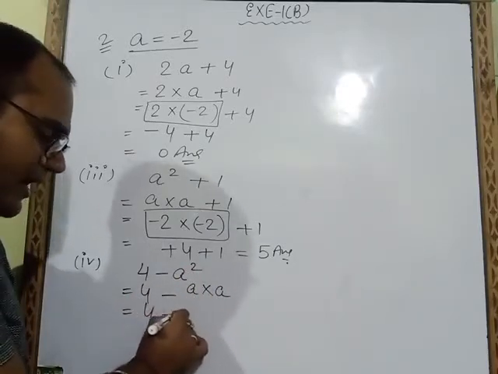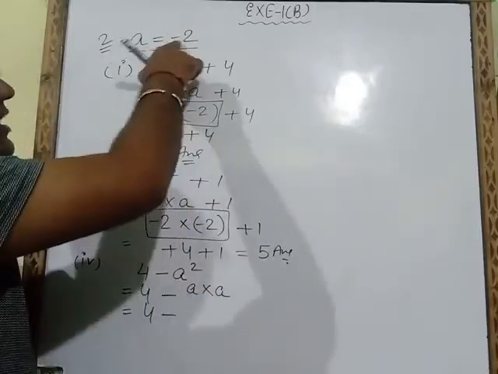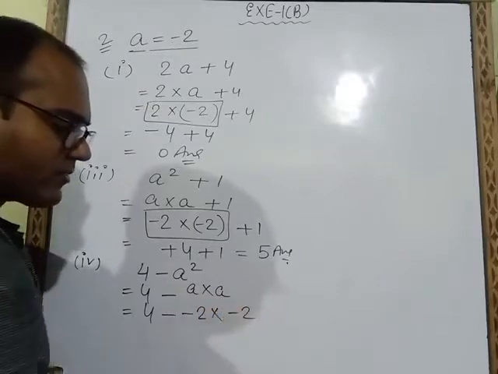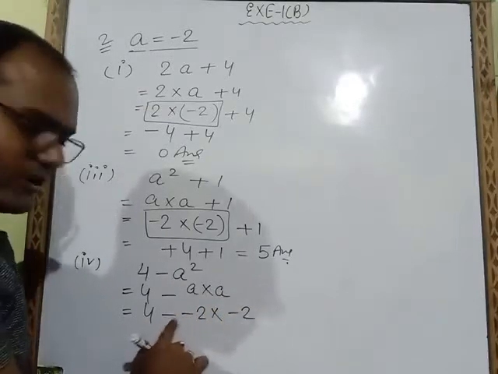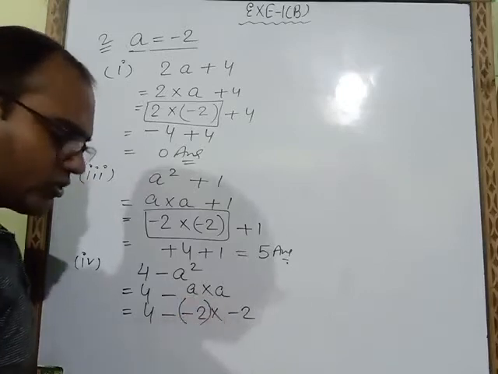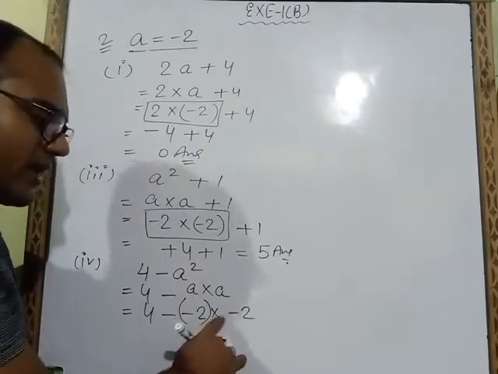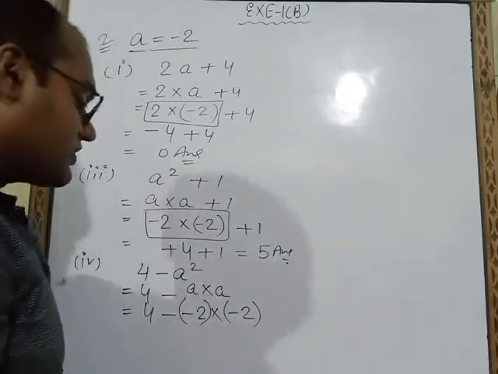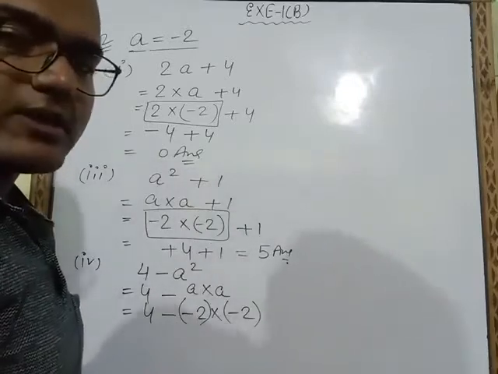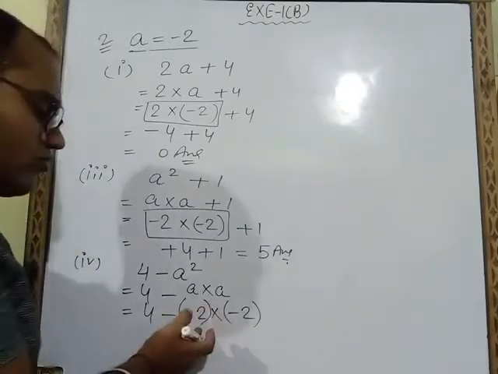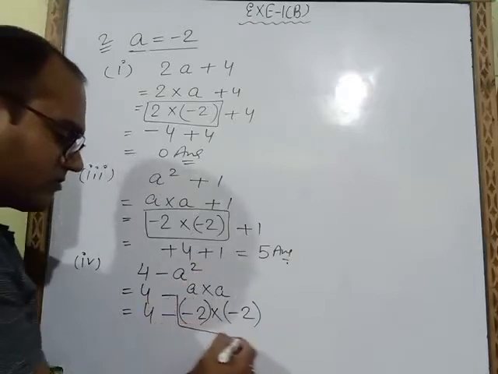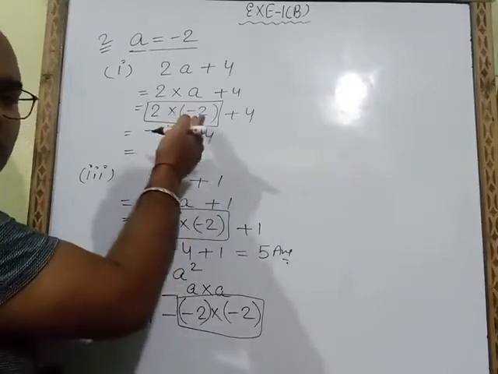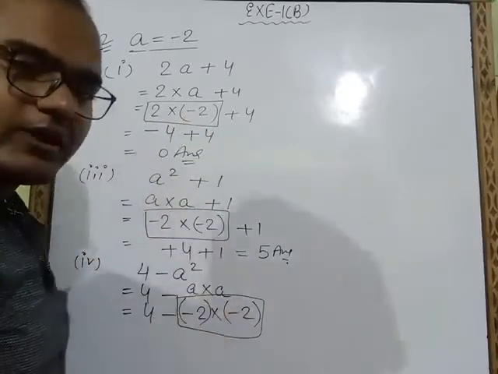Now 4 minus a value, which is minus 2, multiply a value, again we put minus 2. Here two minus signs are coming together, so we write this minus 2 in a bracket. Here also multiply and minus signs are coming together, so here also we take a bracket. Now first of all you have to multiply, because according to BODMAS we have to multiply first. So these two terms we will multiply as we had done here. In the same way we will do the multiplication here also.